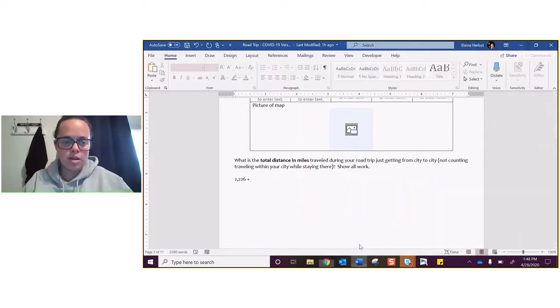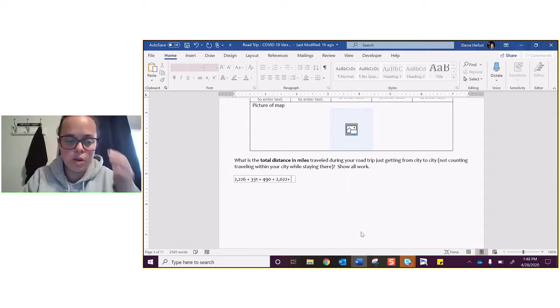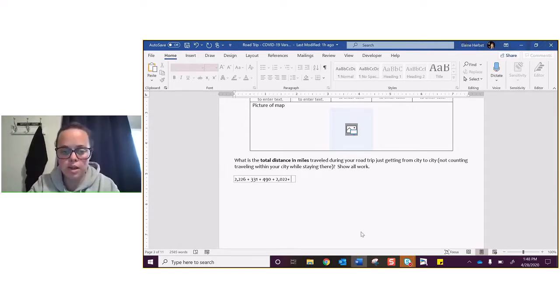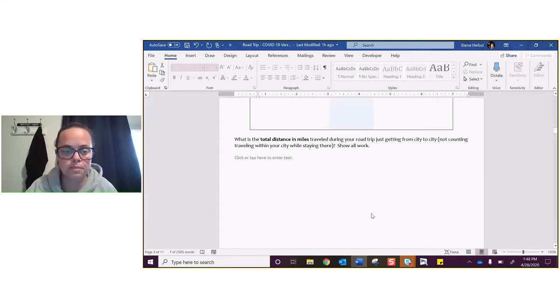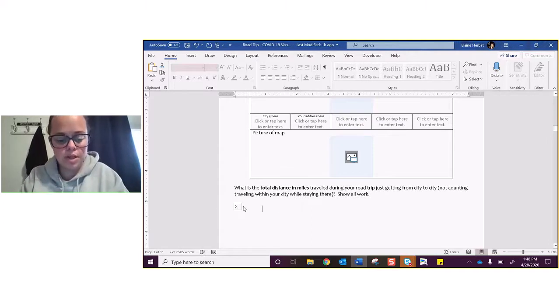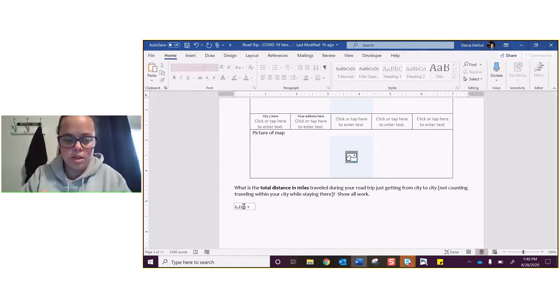So I go back to my document. That was 331 miles plus whatever city 2 is, 490 plus 3,000. That's probably a little excessive. 2,022 plus, whatever. And this is you showing your work. And then at the end, you'll say 871 equals blank. Whatever the total trip is. Please make sure you show your work. Again, that's how you get your full credit. And I'll actually put that right there. 2,226 plus ... equals